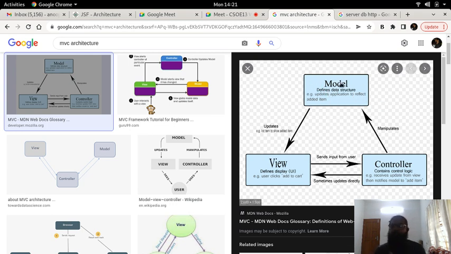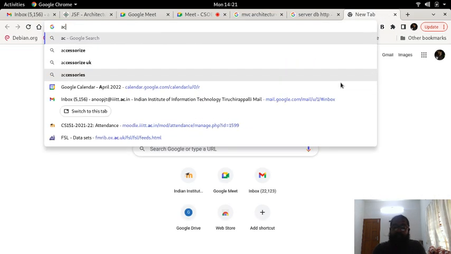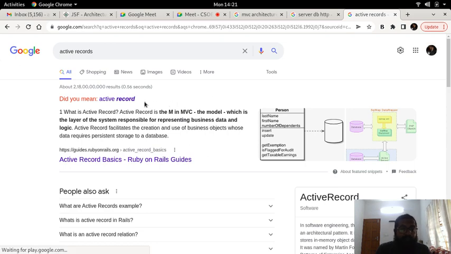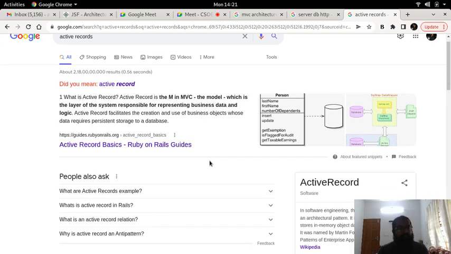The model can also be called active records. If you look at what active records are, you can see that the M in MVC is the layer of the system responsible for representing the business data and logic. That is something you can find in the Ruby on Rails guides.